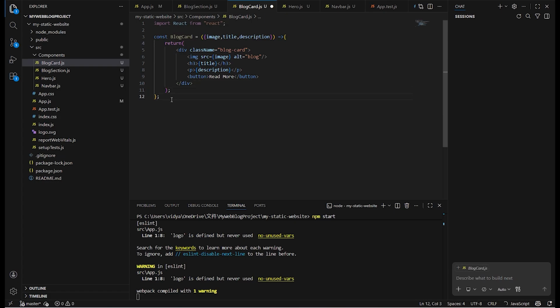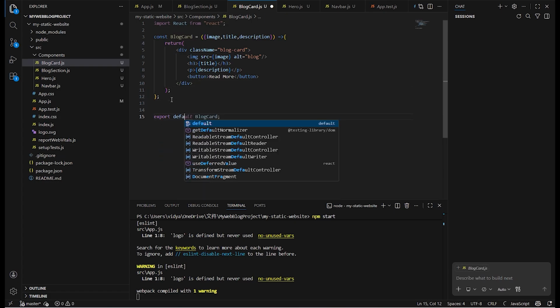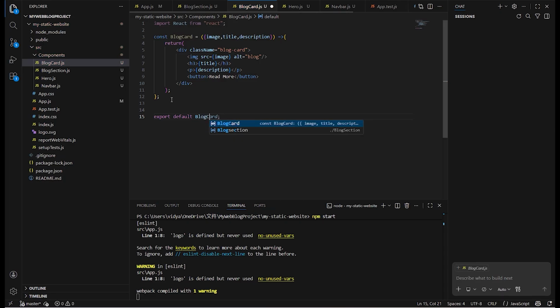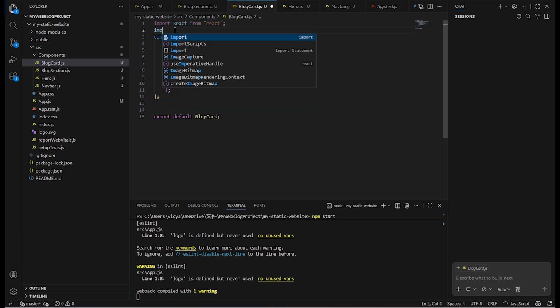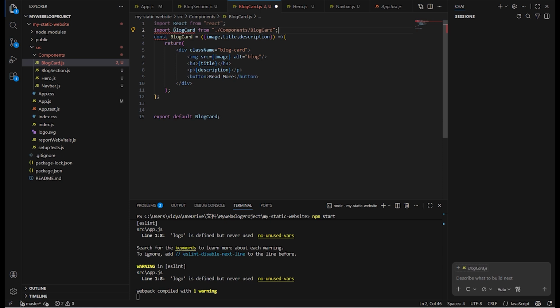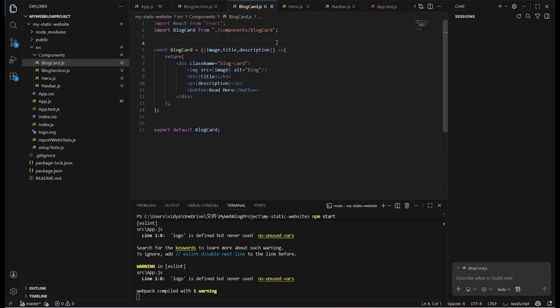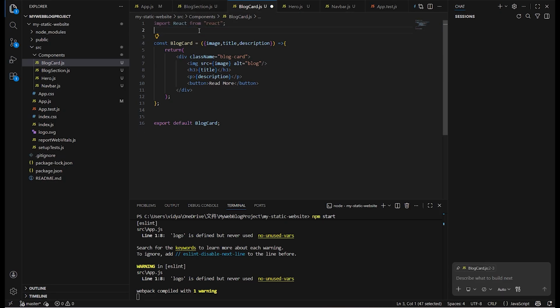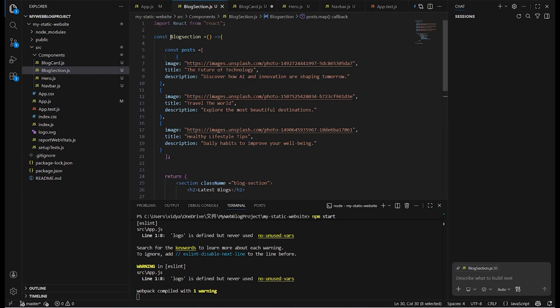We can also write block, and then we can h3 like title and description, and we also add button. So this is it. Now we will export default block,